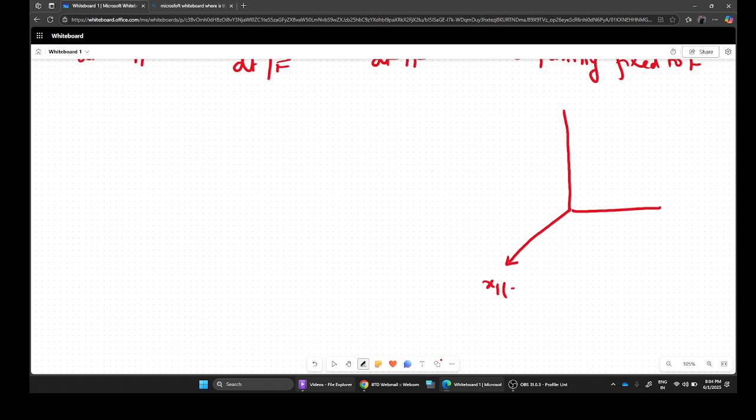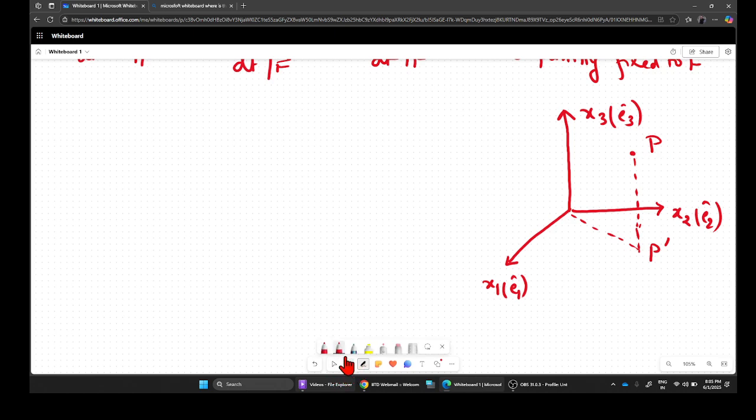I want to redraw this diagram. At the same current instant, the particle is here, and I drop this perpendicular, this is P prime. Mind you, it is okay to draw ER and E phi vectors with their tails fixed at origin. In the earlier diagram,